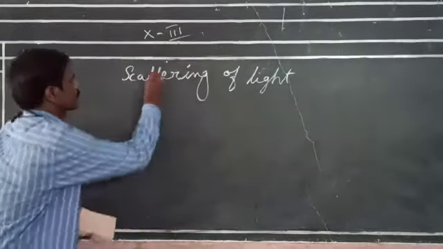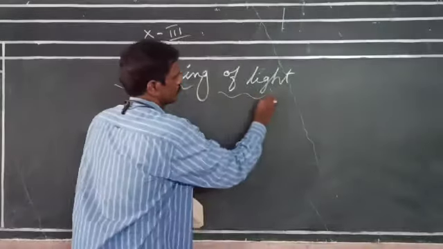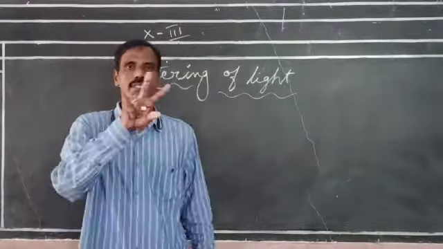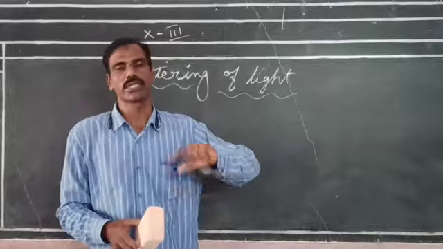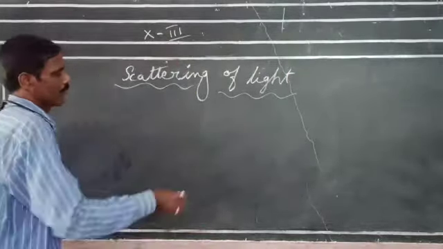What is scattering? This topic we are discussing with dispersion because there is a difference between dispersion and scattering. In dispersion, light ray passes from one medium to another medium and splits into different colors, whereas in scattering,